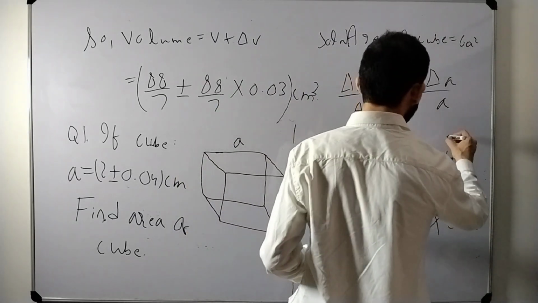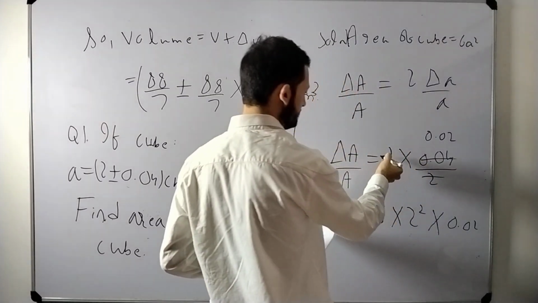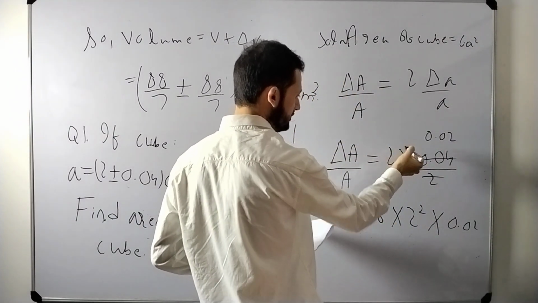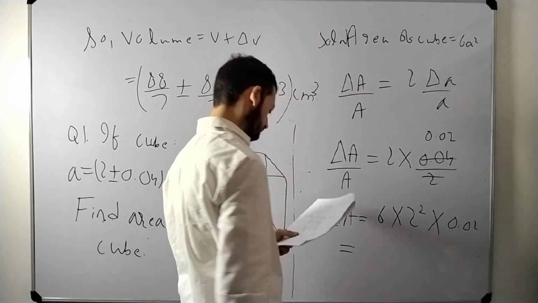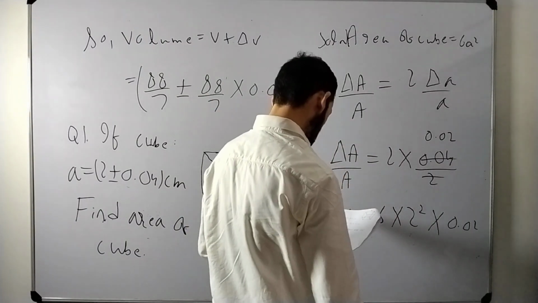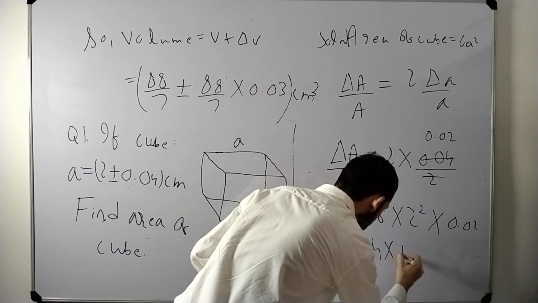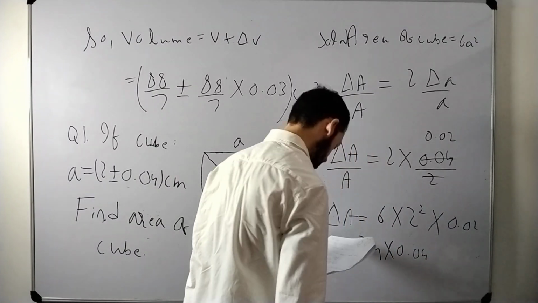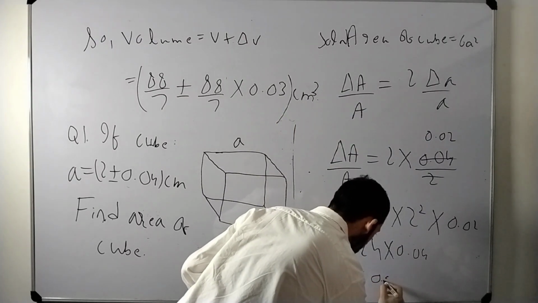No, actually, it should be 0.02. Or you could divide by this also, 2. Simply 2. This makes 24 into 0.04, 0.96